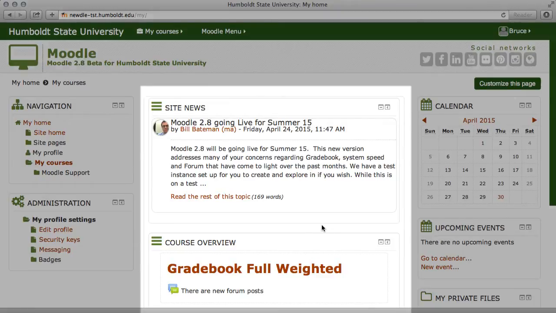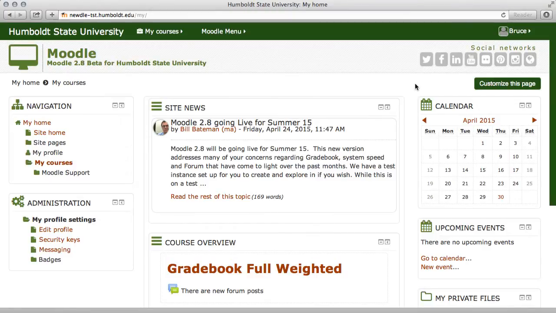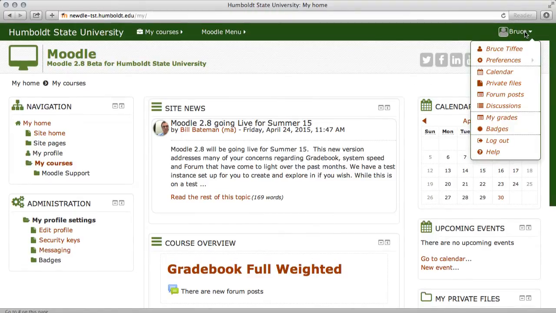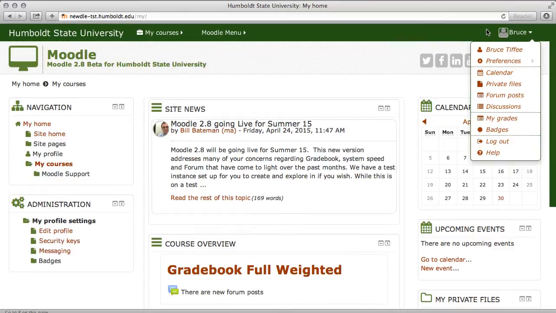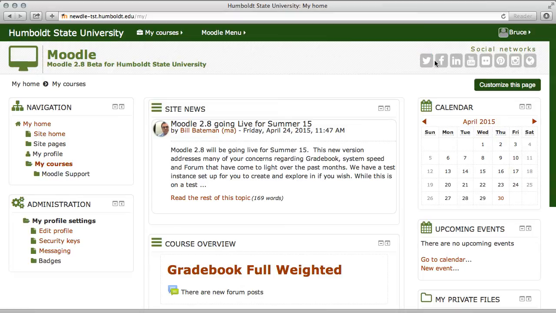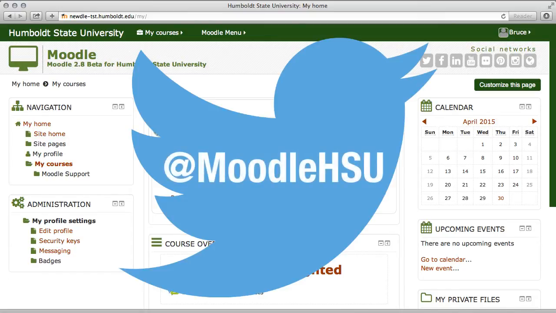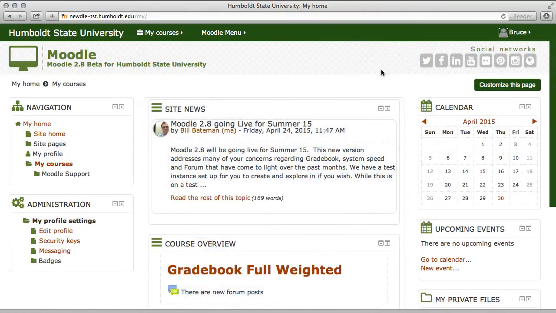Let's come to the upper right hand portion of the page, and you'll see your name, and under that you have a large number of choices. I'm not going to go through every one of them right now, but I do invite you to explore. There's a lot of good things here. Right below that, we have our social networks, our Twitter, our Facebook, our LinkedIn, Pinterest, all kinds of good stuff. So if you have an account, you can link directly to that. I do invite you to join the HSU Twitter feed. It's another good quick way to get updates and information and reminders. That's available to you.